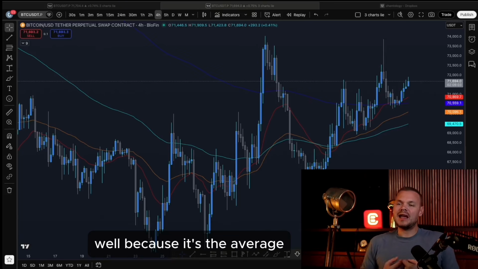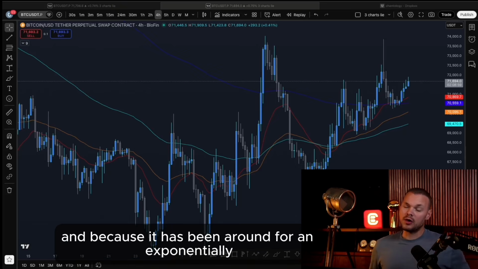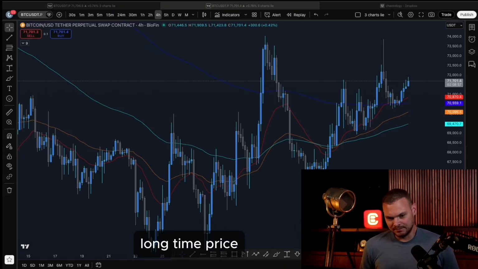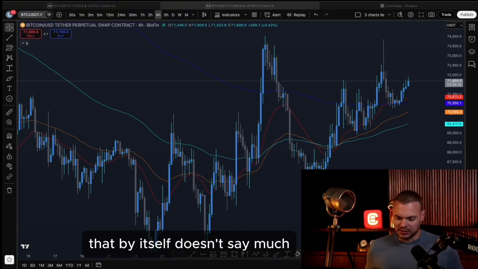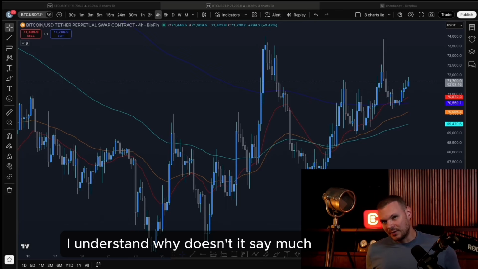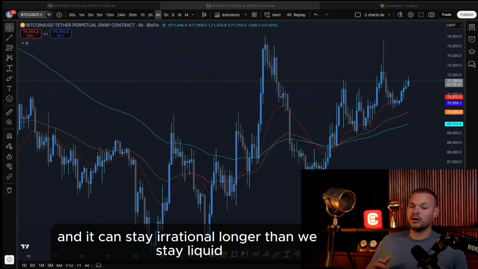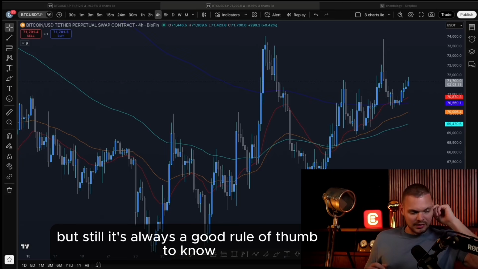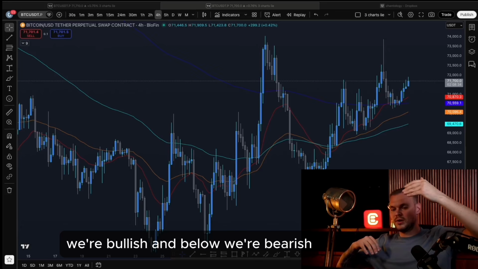What makes it so powerful? Well, because it's the average, and because it's a good formula, and because it has been around for an exponentially long time, price always has the tendency to return back to the line. That by itself doesn't say much, I understand. Why doesn't it say much? Because it can be irrational longer than it is rational, and it can stay irrational longer than we stay liquid. But still, it's always a good rule of thumb to know if we're above the moving average, we're bullish, and